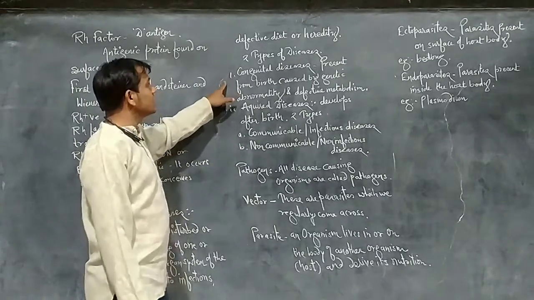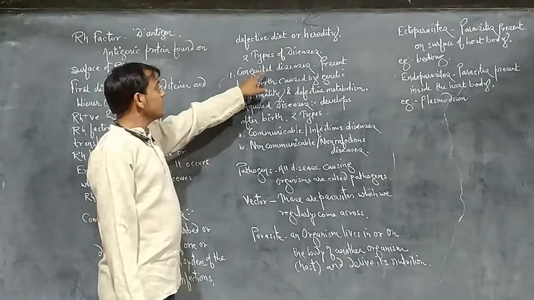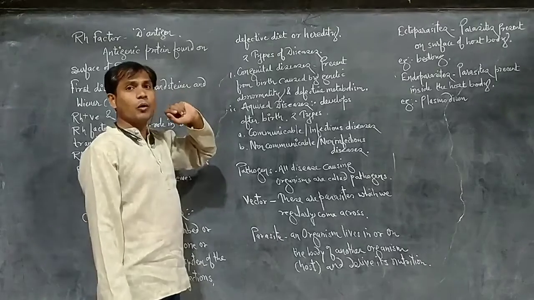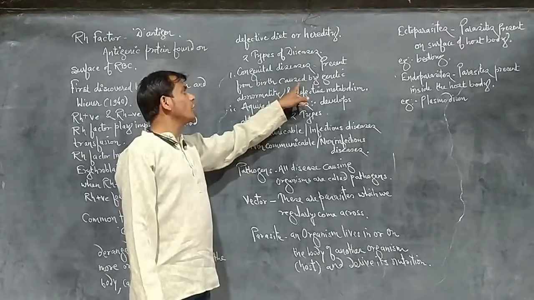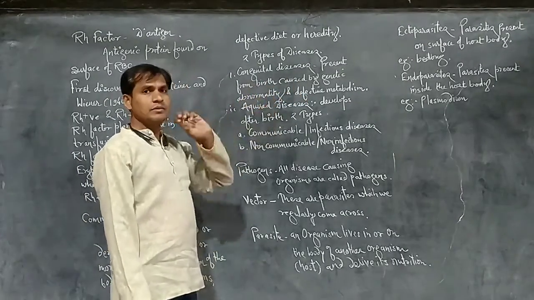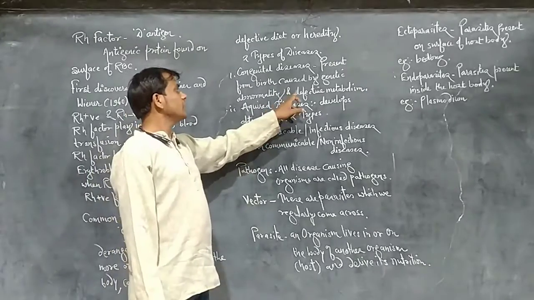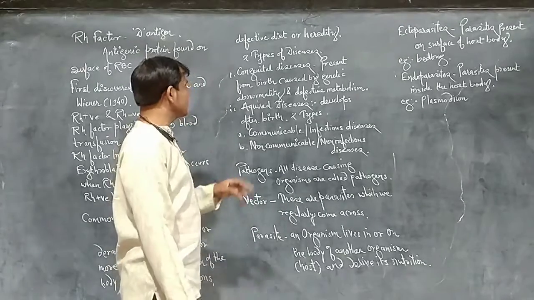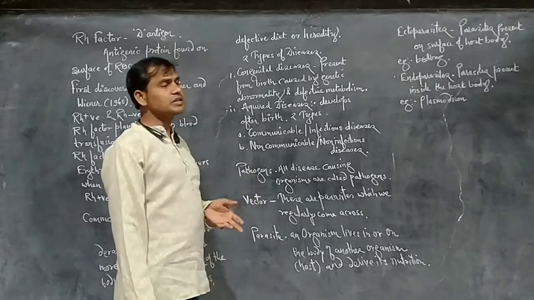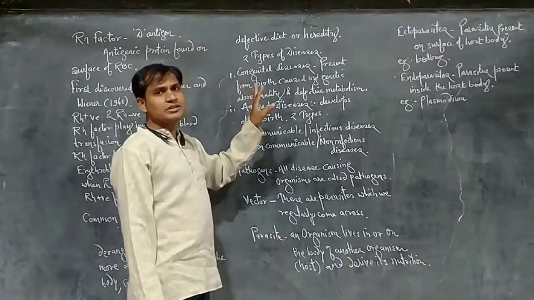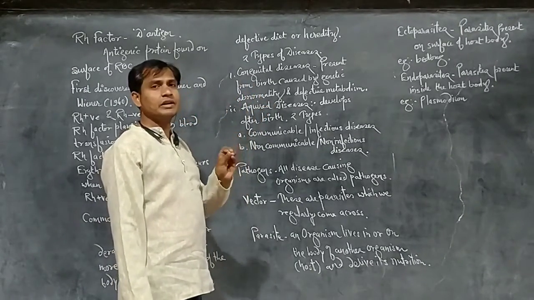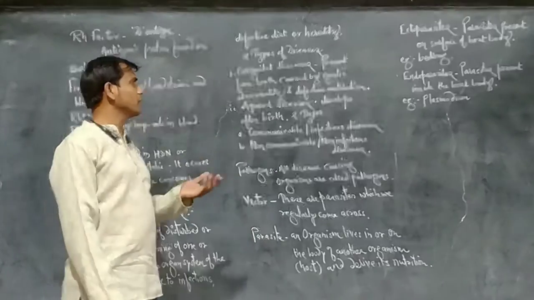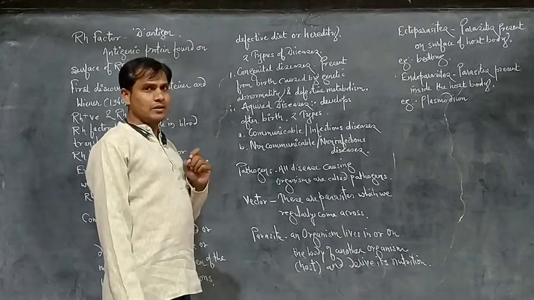One is congenital diseases, another is acquired diseases. Congenital diseases are present from birth, hence they are called congenital or inborn diseases. They are caused by genetic abnormality, defective genetic material, and defective metabolism. These diseases are permanent in nature and practically very difficult to cure. But modern science has different methods to cure them, like gene therapy and replacement of enzymes.